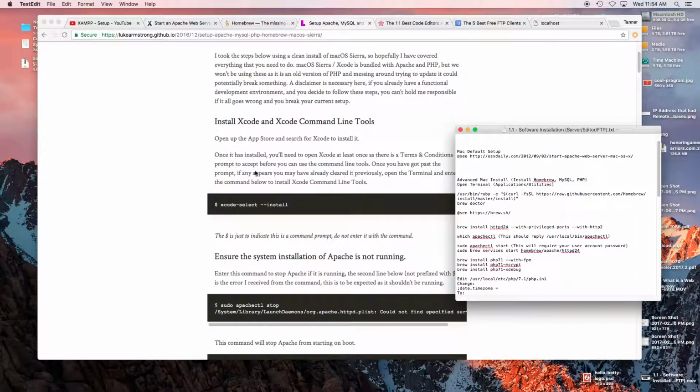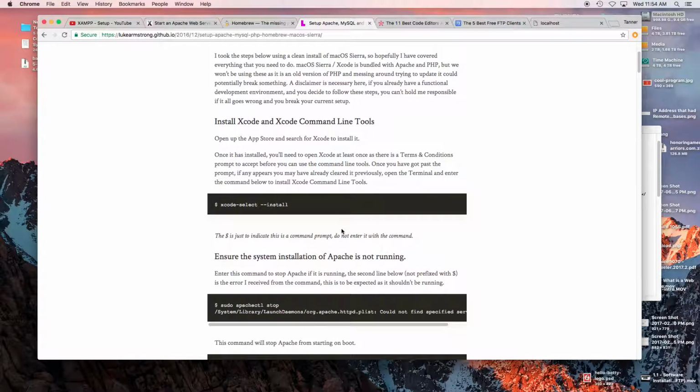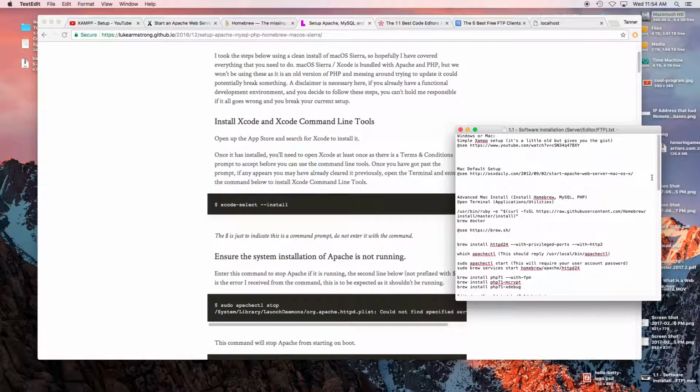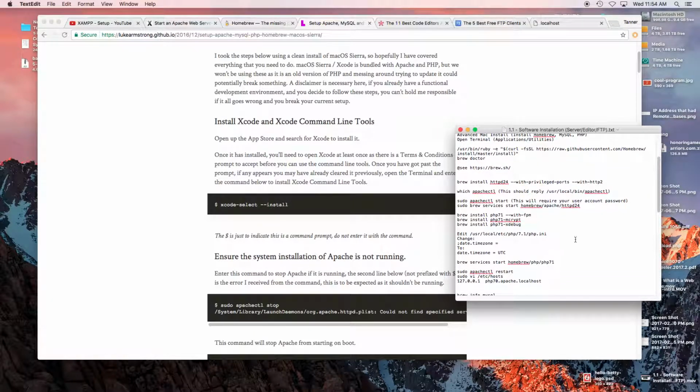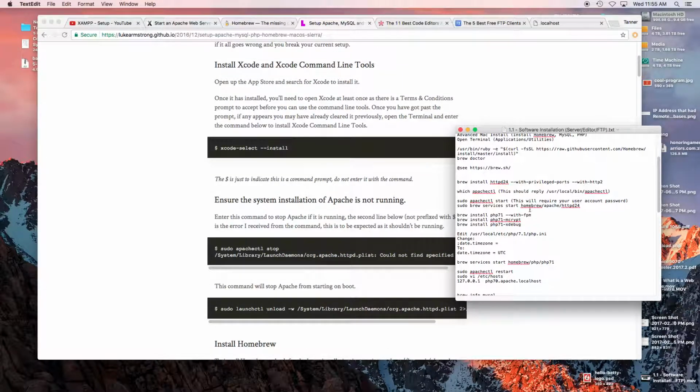MySQL, and all this. This one actually shows you how to do multiple installations of PHP. It's a little advanced on that end. I tried to shorten all this code and just install PHP 7.1 right away. I haven't tested this because I already have PHP installed on my computer, but hopefully this will get you the right PHP installation and work a lot easier than following every single step of this if you decide to go this route. But the first time I did this, it took a couple days to figure out what exactly